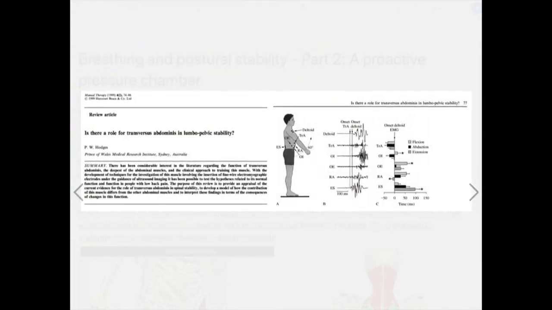Well, transversus abdominis has received a lot of spotlight during the past decade. Particular attention has been focused on its role of predictively providing stability for voluntary movement. As you can see in this graph from Dr. Paul Hodges' review article, transversus abdominis was always activated before the shoulder muscles turned on when the healthy participants were asked